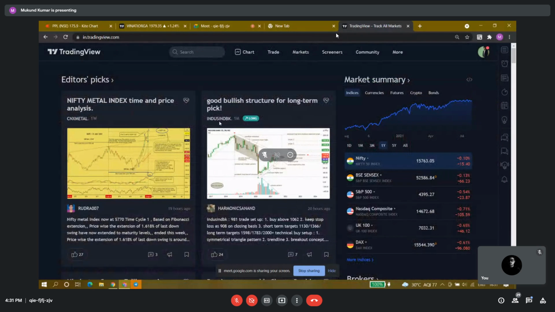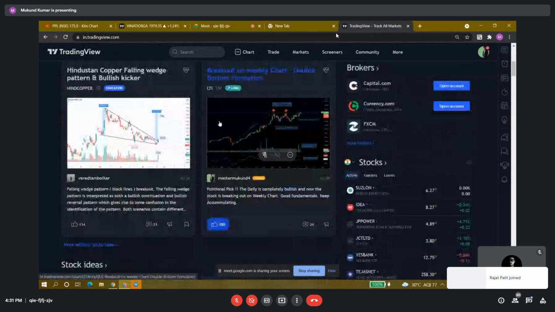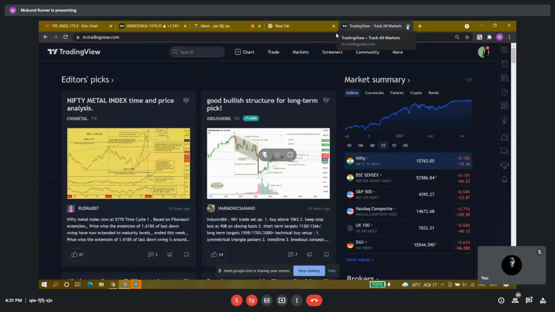Mukund, in the beginning you mentioned you are not bullish on Reliance at this level. No, the stock is completely in a consolidation, that is why I'm not bullish. Actually, I'm not bullish on all index stocks as of now, because the full index is in consolidation. So I won't suggest any index stock. Further, you will see that mid caps and small caps are doing very well as of now.